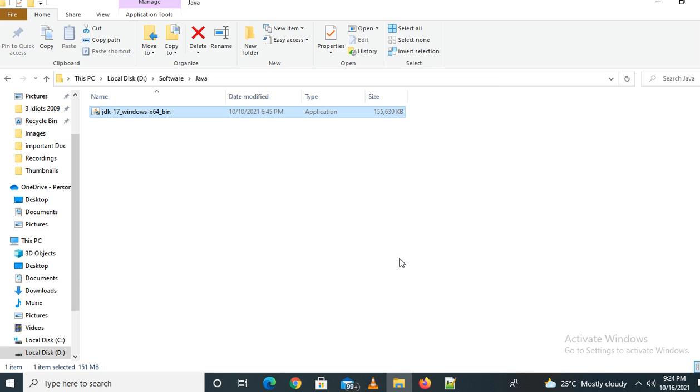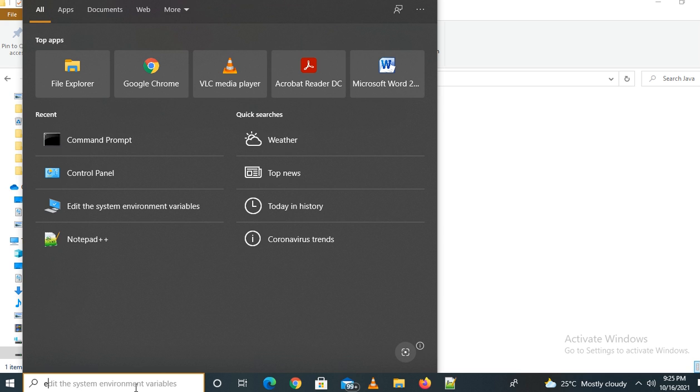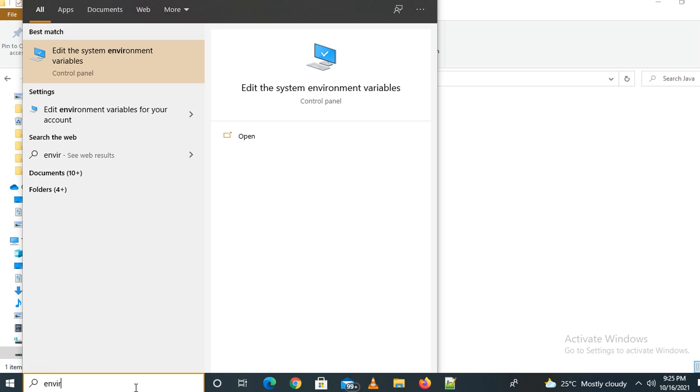The next step is to edit the environment variable. To set the environment variable, we will set the path there. Type environment, and you can see the icon called Edit the system environment variables from the control panel.